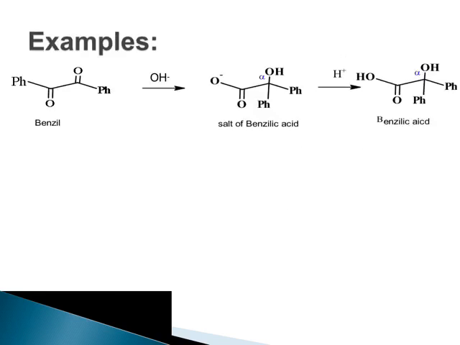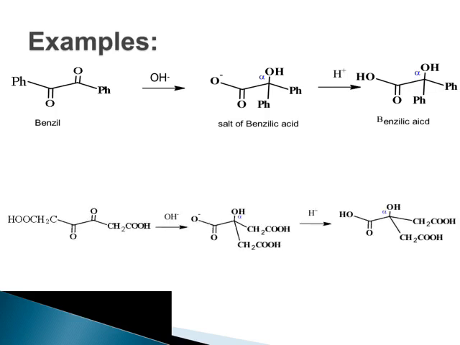So, here is the first example. We have benzil. Now, this benzil is actually a symmetrical molecule. It can be divided into two identical halves. So, this hydroxide ion can attack any one of the carbonyl carbons, and oxygen will acquire a negative charge. In this particular step, there is migration of the phenyl group to the adjacent carbonyl carbon to generate the salt of benzilic acid, followed by acidification to generate benzilic acid. So, this was the very first reaction which was developed, and that is why the rearrangement is called benzilic acid rearrangement.